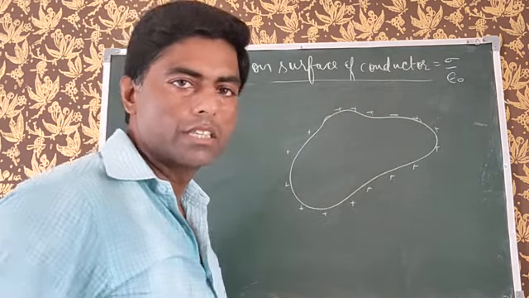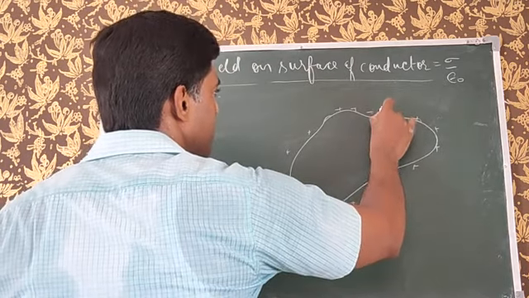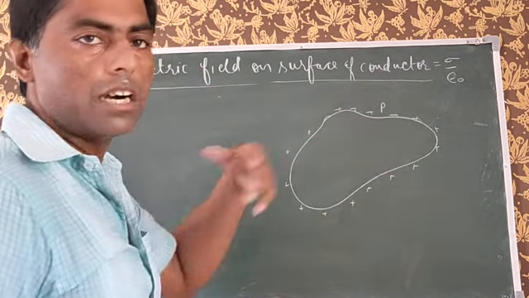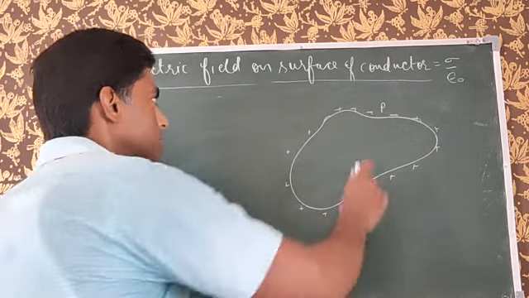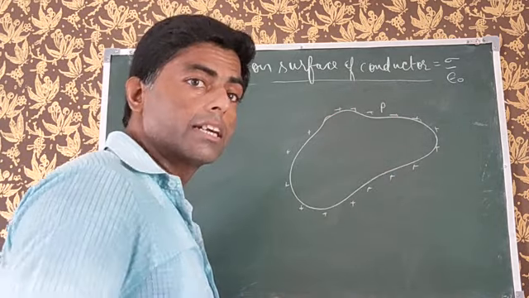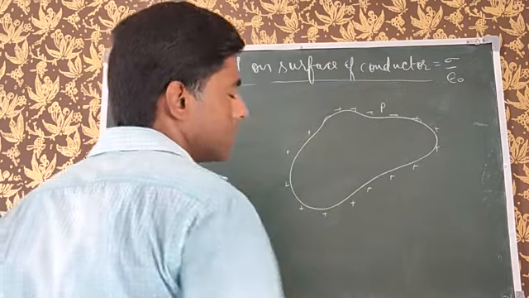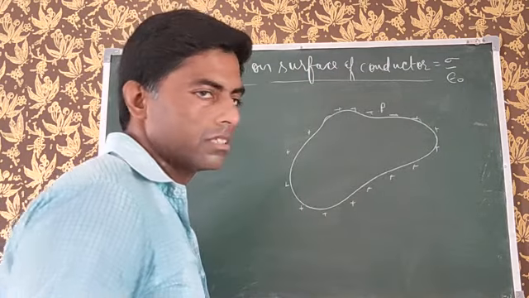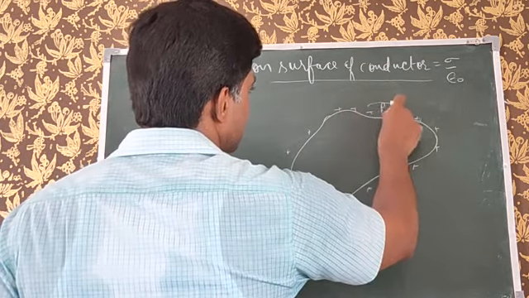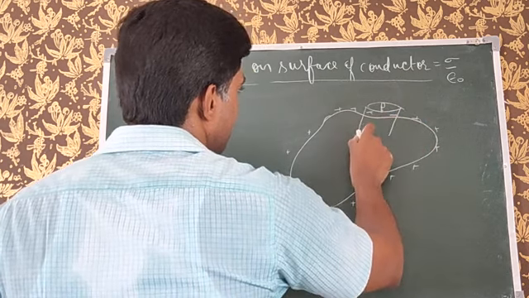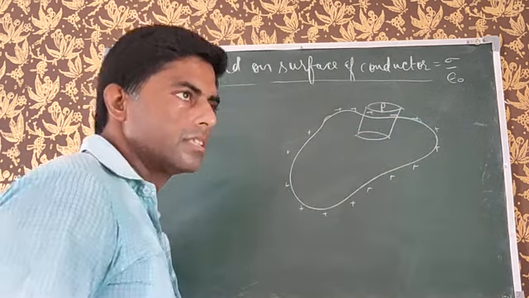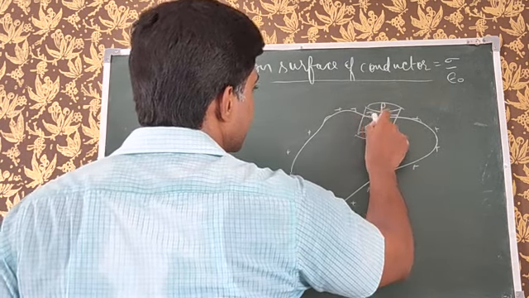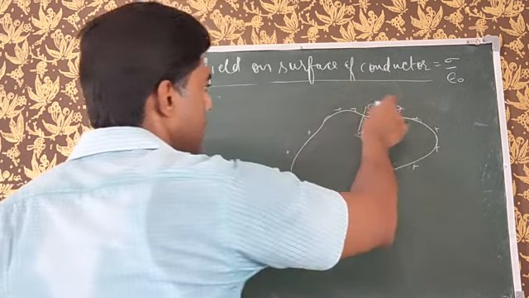So in order to find the electric field at its surface, let us consider a point P very close to its surface. So the electric field at point P is almost the same as that on the surface of the conductor. So when we find the electric field at point P, indirectly we will find the electric field on the surface of the conductor. In order to find the electric field at point P, we will use Gauss theorem. In order to use Gauss theorem, we have to draw a Gaussian surface which will enclose as much charge of this conductor as will produce an effect at point P.